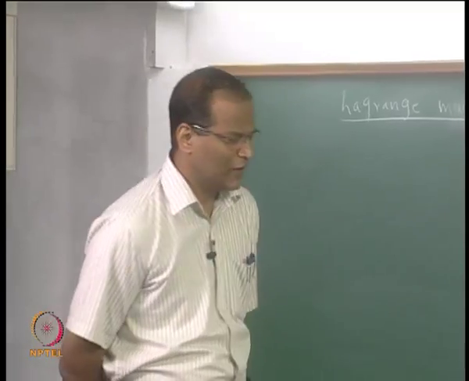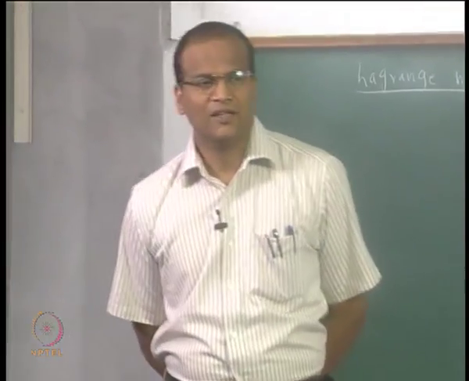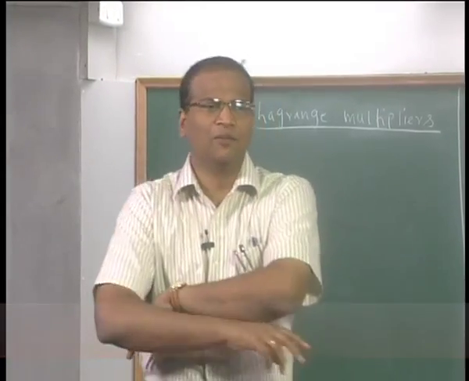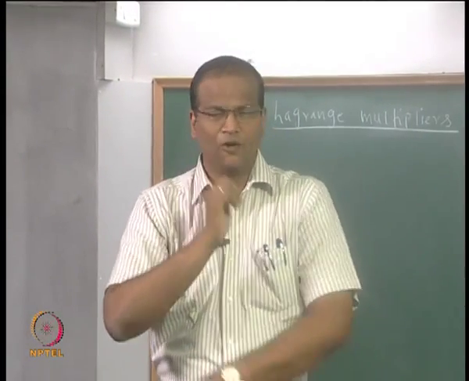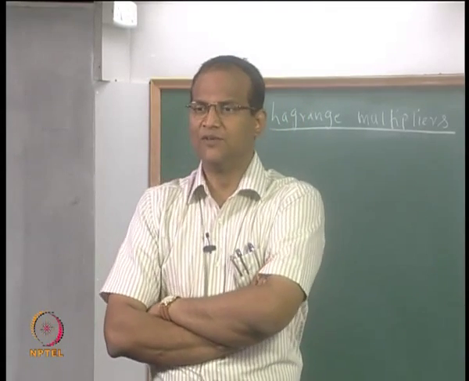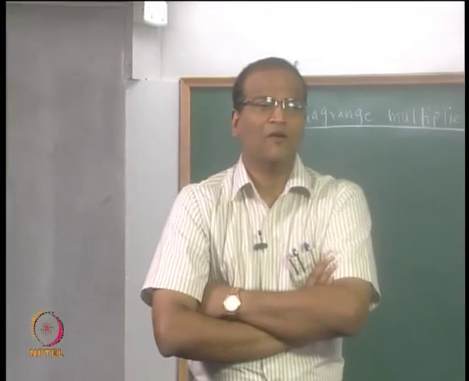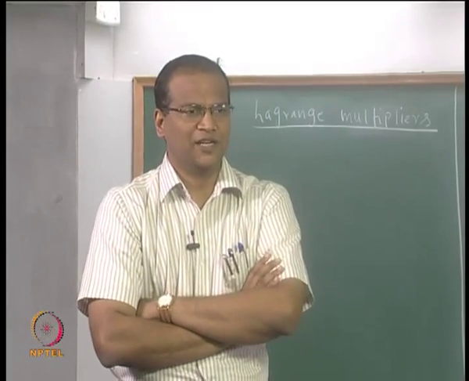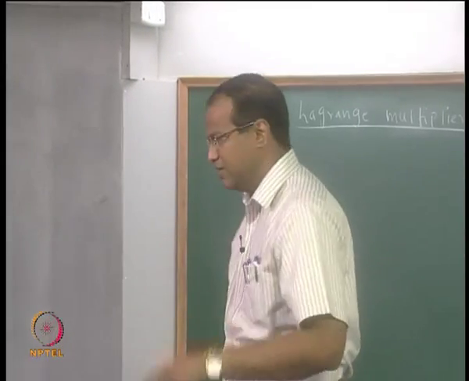Okay, so we were looking at Lagrange multipliers. Yesterday we looked at an interesting aspect of the Lagrange multiplier method, namely the graphical interpretation or visualization. In the first few minutes I will reiterate that point, and then we will go on to look at a mathematical proof of the Lagrange multiplier method, the economic significance of the multipliers, and the second order necessary and sufficient conditions to establish whether the stationary point is a maximum, a minimum or an extremum. We will wind up with some examples where we look at these conditions and try to figure out whether the optimum is indeed a maximum, a minimum or an inflection point.